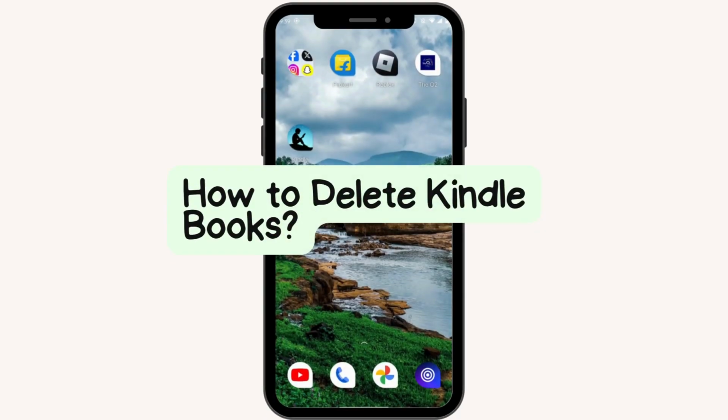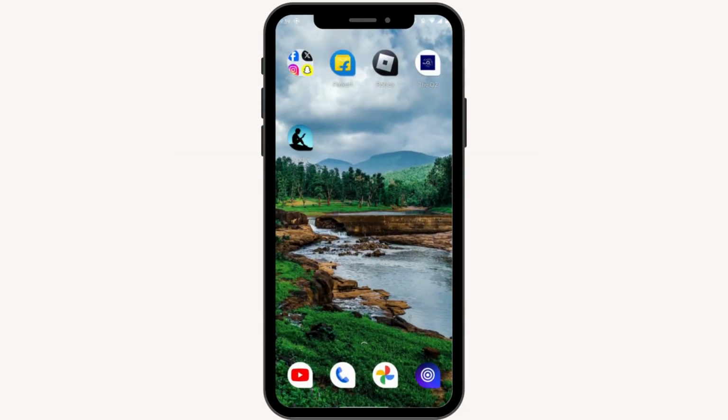How to delete Kindle books. So if you want to delete Kindle books, then first of all you need to open up your Kindle application,